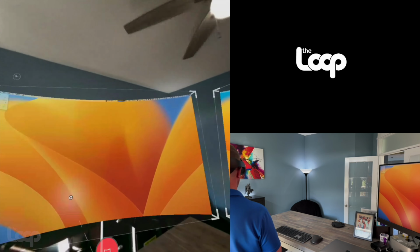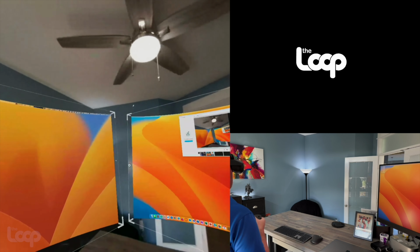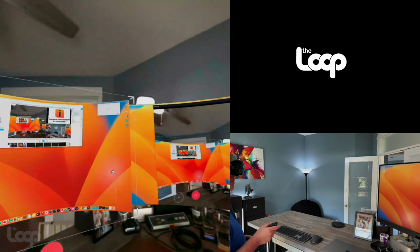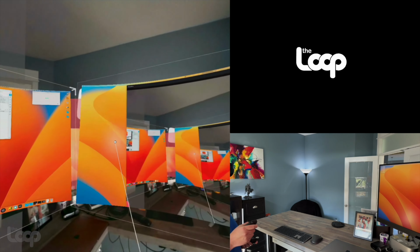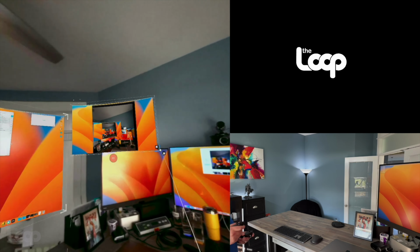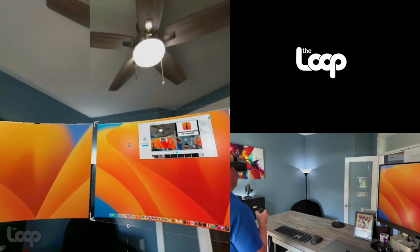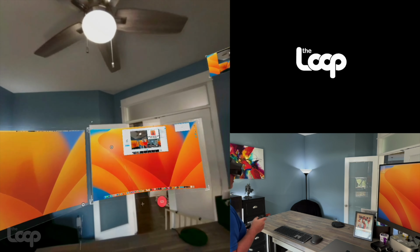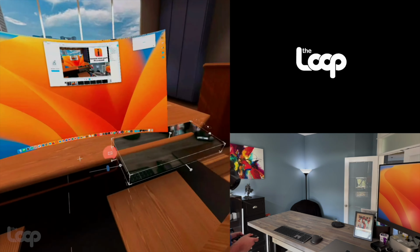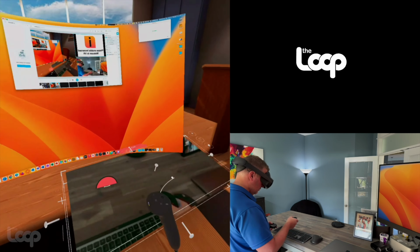It wasn't a perfect experience. I had to play around with it. Sometimes when I've used this, I've been able to snap the windows to that primary window really easily, but I was having some trouble during this demo. I don't know if it's because I was live streaming off the headset at the same time, but I took that window, which had the live feed from the display on it, and threw it up in the corner there. So now I've gone into a full virtual environment, and I've got a portal where